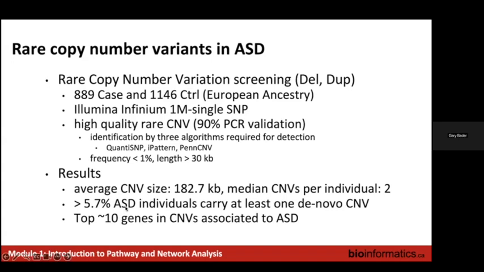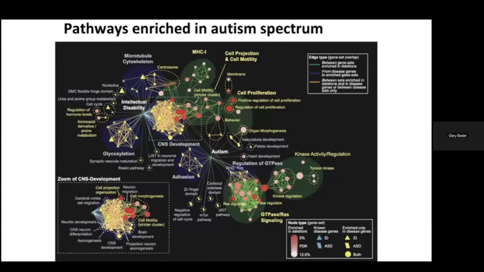There were some regions of the genome affected by copy number variants that were associated with autism spectrum disorder cases. But that only identified about 10 genes, so it wasn't a lot of additional information compared to what they already knew. So what we did was a pathway analysis. We took the copy number variants as a whole,